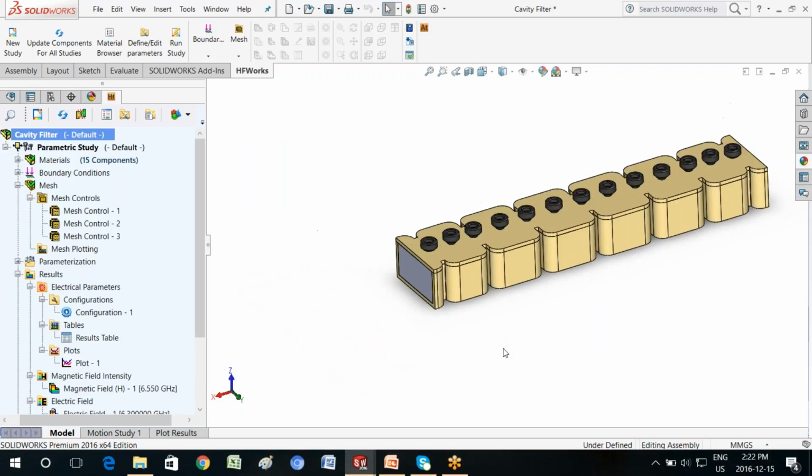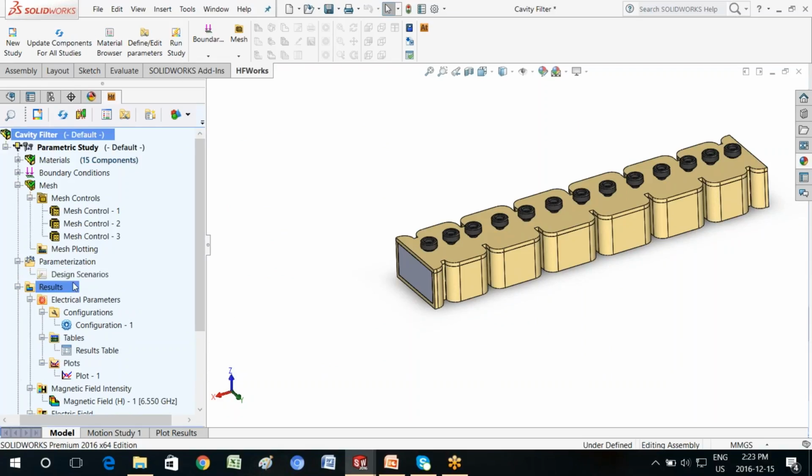Now I will vary these parameters, basically the distance that the screw is moved or tightened, and then we'll see how the response changes with the parameters. Okay, and that's enabled by what is known as design scenarios.